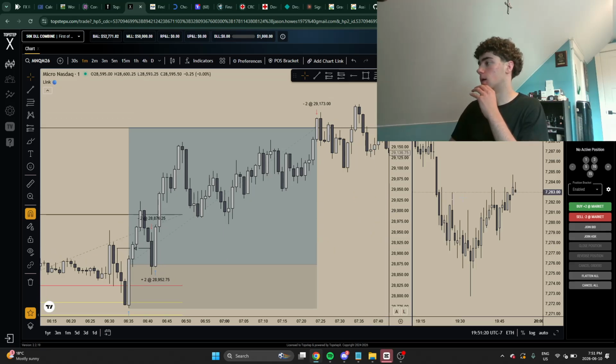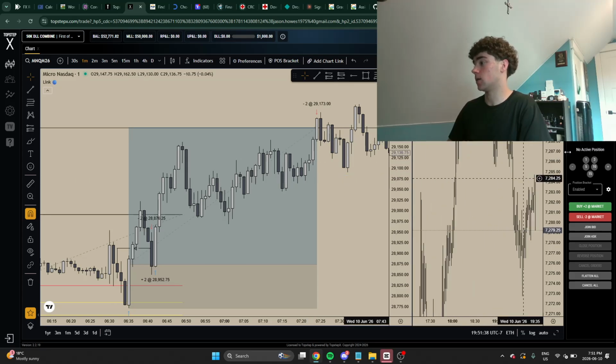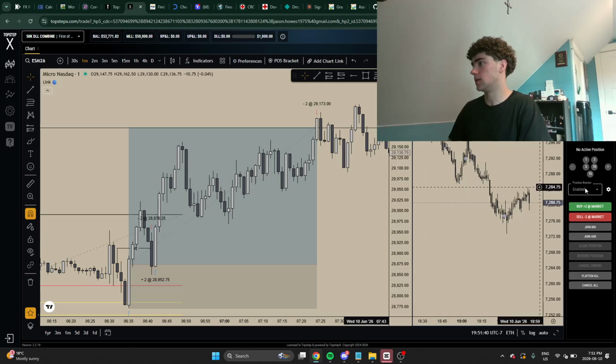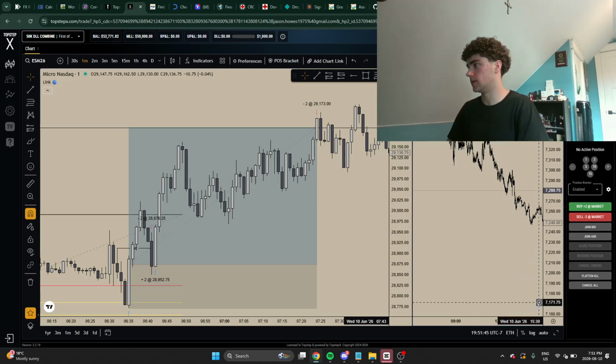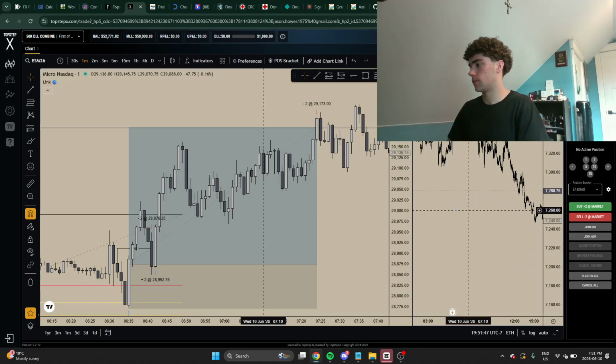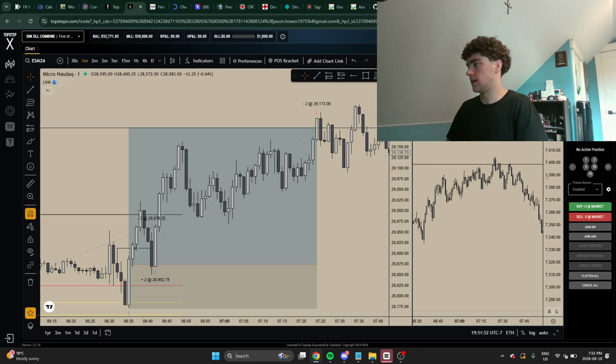I did exit a little bit early here. It was about 29,173. You can see that, it's right around where my crosshair is. I exited there simply because ES had taken it out sooner. Let's see if I can find it. There's an SMT with ES, and